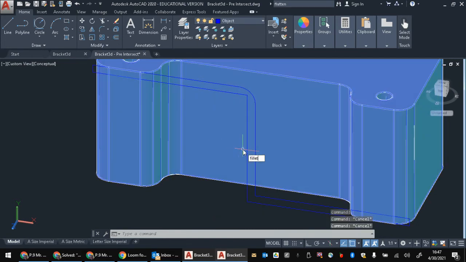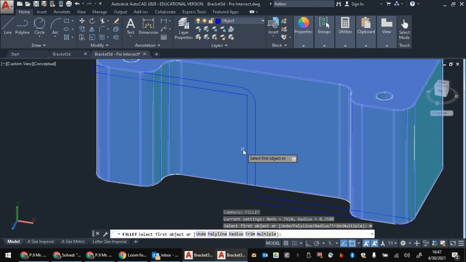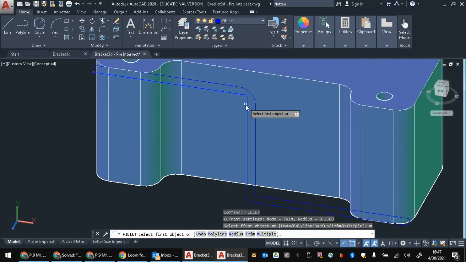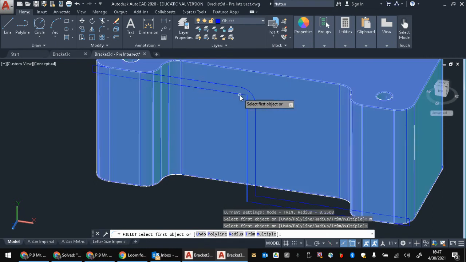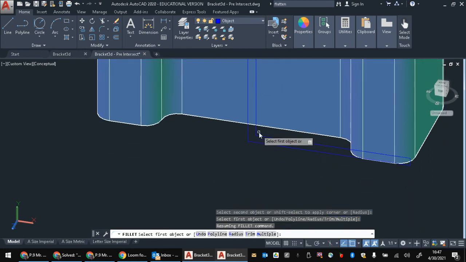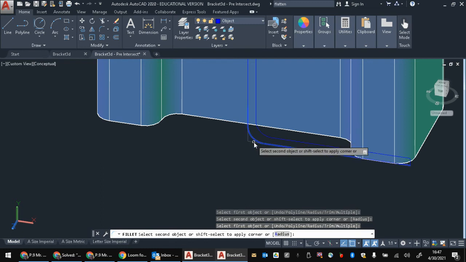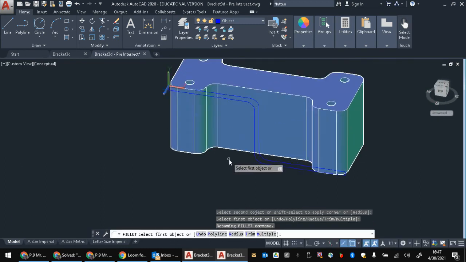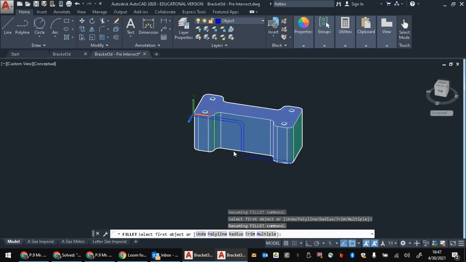We'll go here to here. I forgot to do fillet multiple. So I'm going to type M for multiple. There we go. And now it'll let me do more than one. And so again, it's selecting the stuff behind it, so it's not cooperating. You just got to kind of wiggle it around until it works. So there we go. Get this one. There. All right, now this looks like a nice shape of a piece of bent sheet metal,